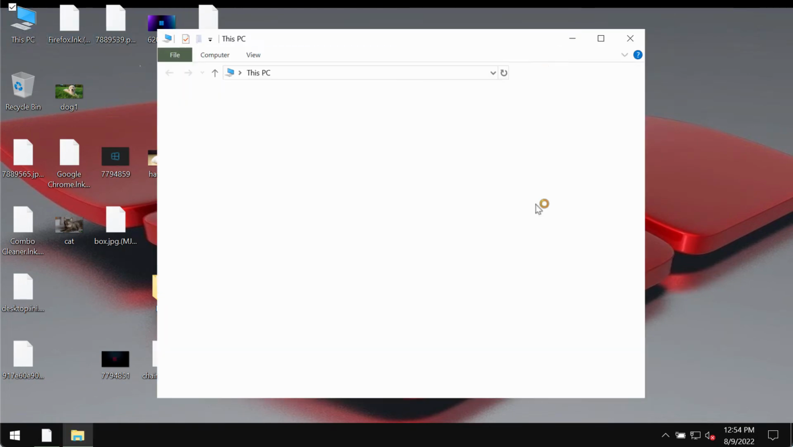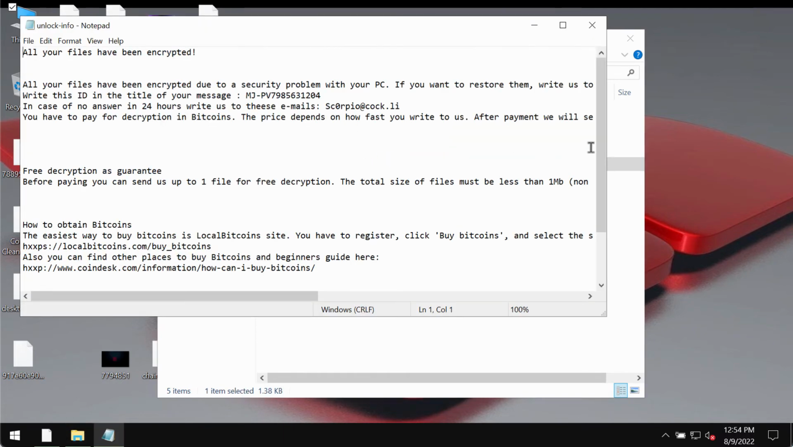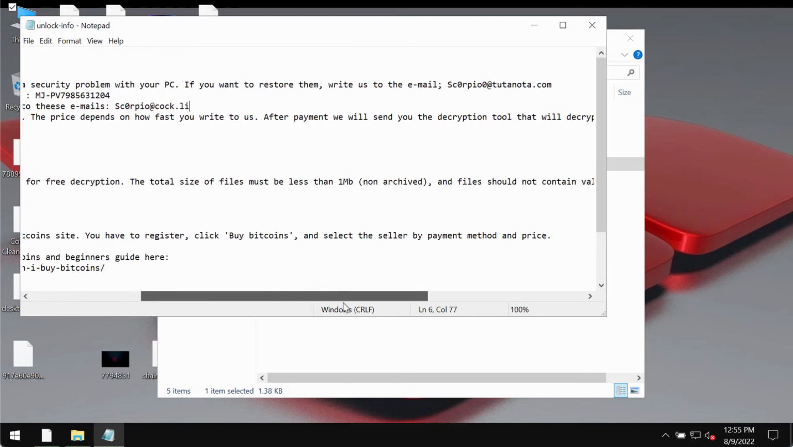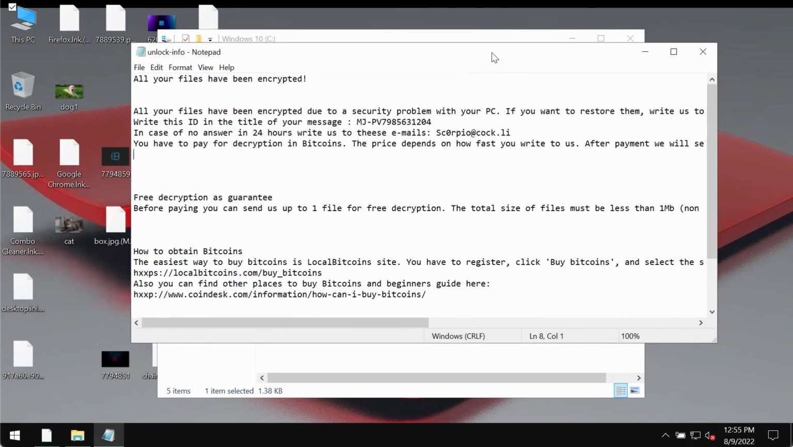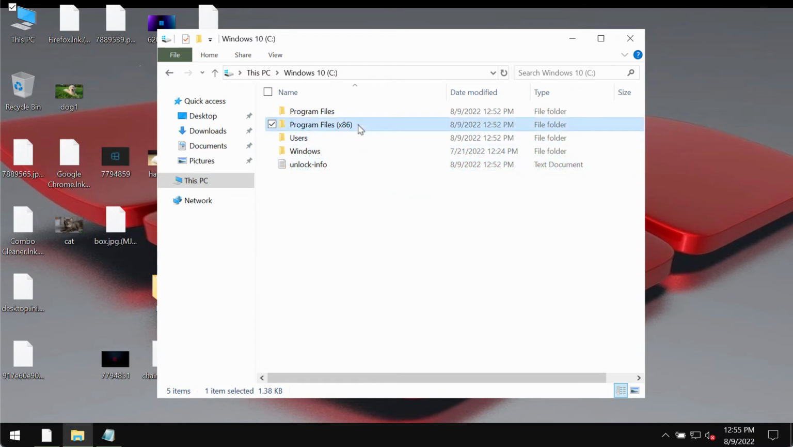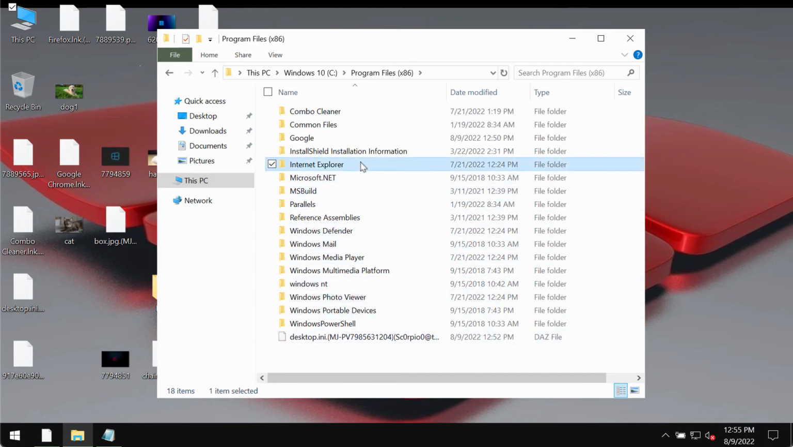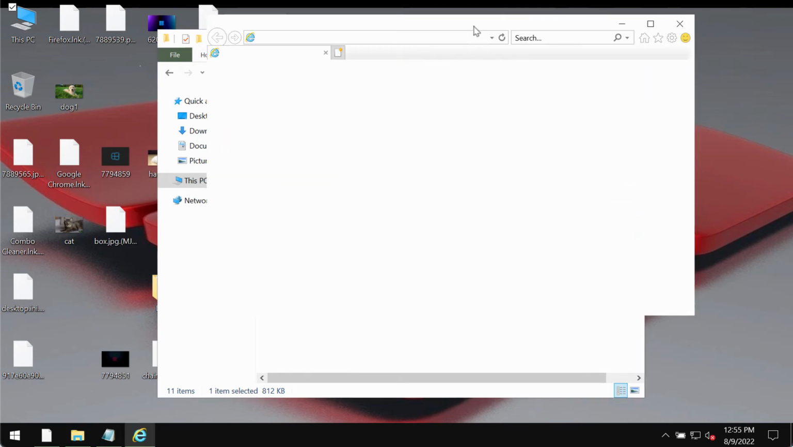And of course, you should never pay the ransom, because this is just a waste of your money. This is the ransom note, by the way. It says that all your files have been encrypted, and it says some other information like the contact details of these criminals, but there is no point to contact them because there is no guarantee that your data will be restored anyway. I recommend you to remove this ransomware immediately,